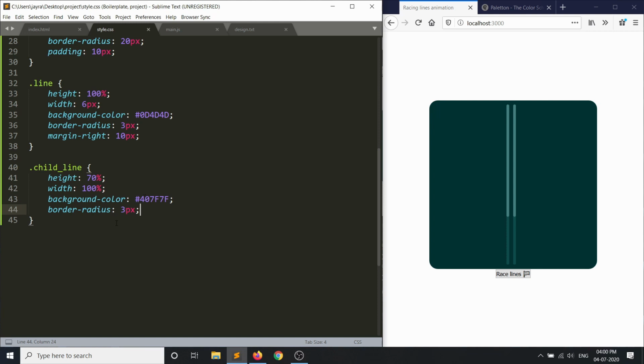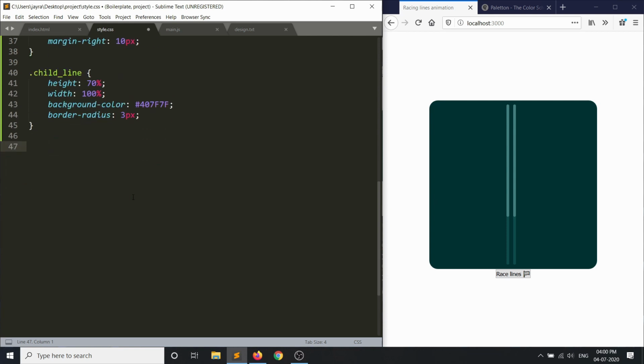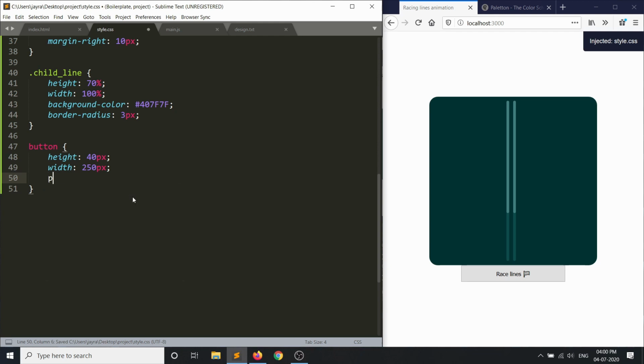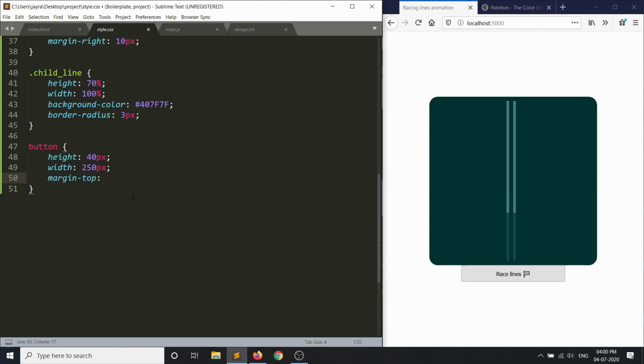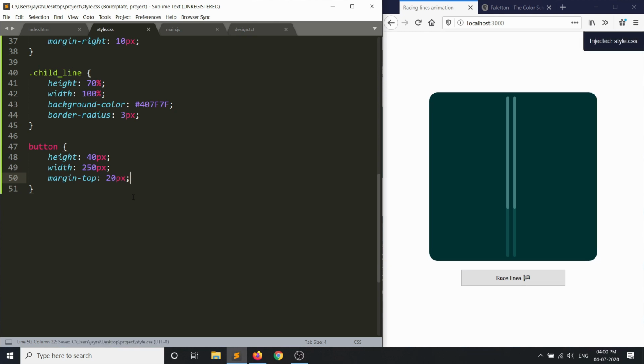Okay, let's style the button. For that we can just use button. Let's give it a height of 40 pixel, width of 250 pixel. Let's put margin top of 20 pixel. For rounded edges, border radius of 10 pixel.